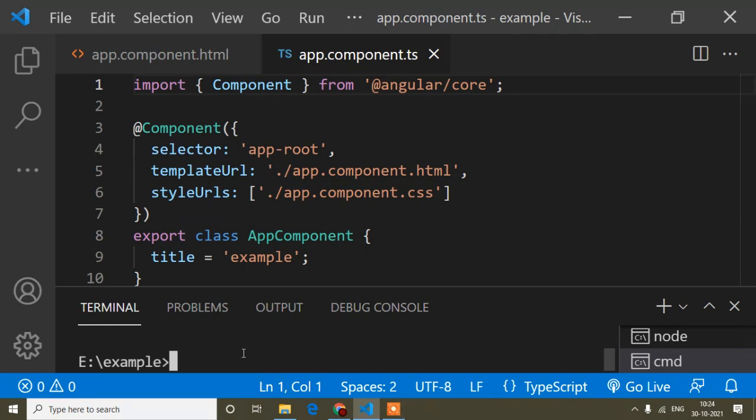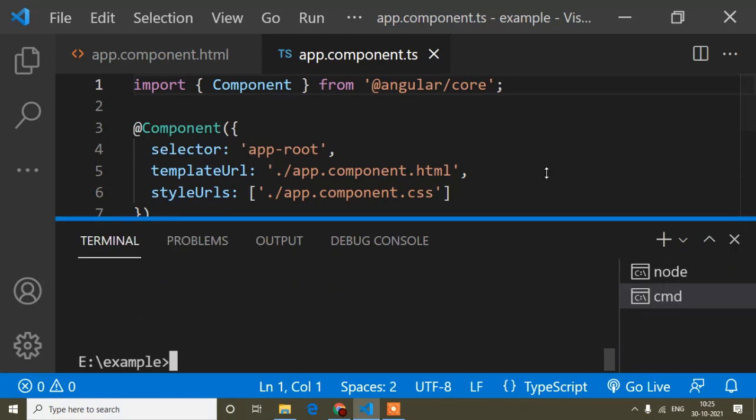This is the advantage of Visual Studio Code, and I suggest using it because it is very useful and you will get more advantages than other editors. Now here is the command for generating a service: ng g s and the service name. For the service name I will write anything, I will write demo, but you can write any name for this service. Now it will take a little time to generate. Now you can see the service is generated.